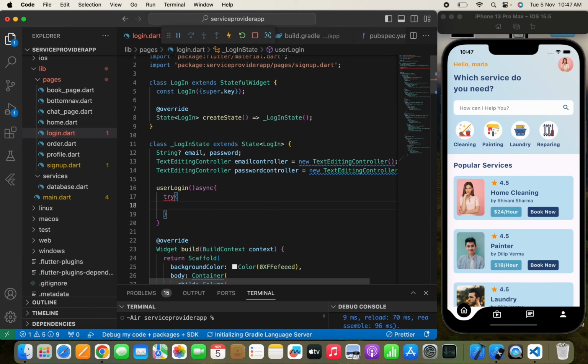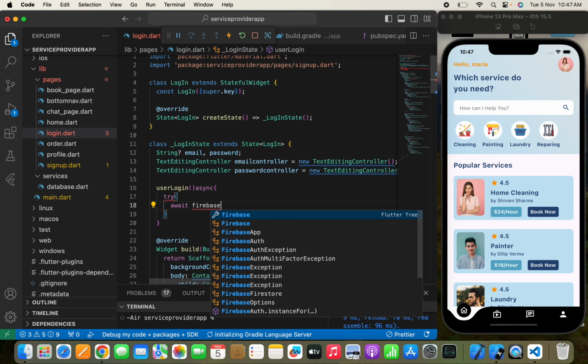The second error that we are going to catch is the wrong password. So we'll check that if the password entered by the user in the login page is wrong, then we'll simply pass a red signal. So we'll pass a red signal, wrong password provided by the user. Now we need to first try, then catch. So first we'll pass await